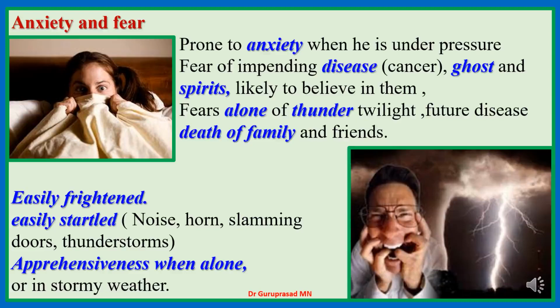You need to differentiate Calcarea carb. Calcarea carb individual also has fear of cancer. You need to differentiate Kali carb. Kali carb individual also has fear of death of family members. You need to differentiate Aconite for frightened and startled easily. You need to differentiate Arnica. You need to differentiate fear of ghost, Natrum muriaticum. You need to differentiate fear that something is creeping out, like all those delirious remedies like Stramonium, Belladonna, Hyoscyamus. Fear of thunderstorms, you need to differentiate Natrum carb, Rhododendron, Sepia.